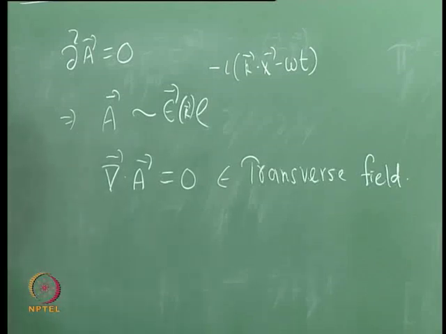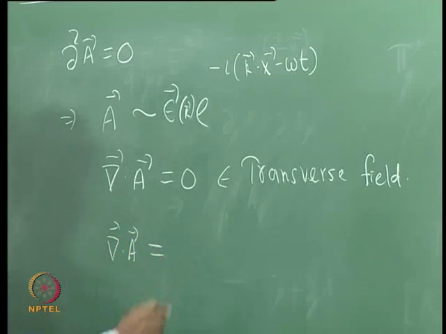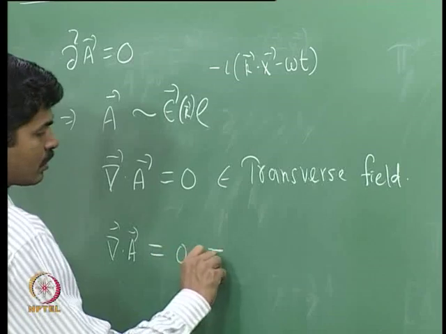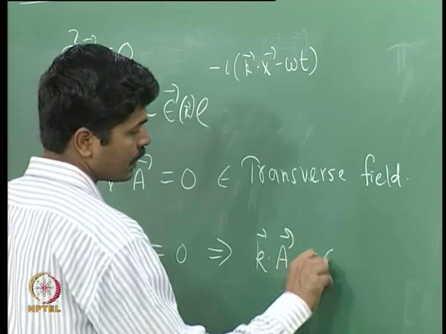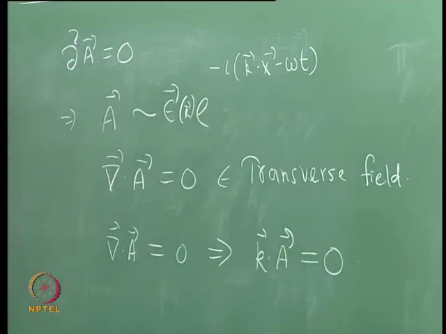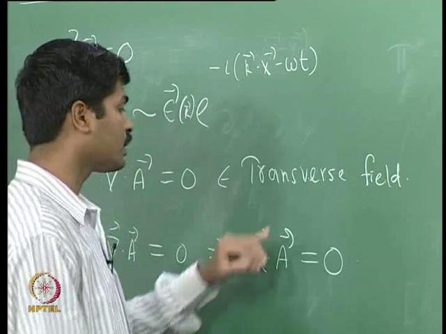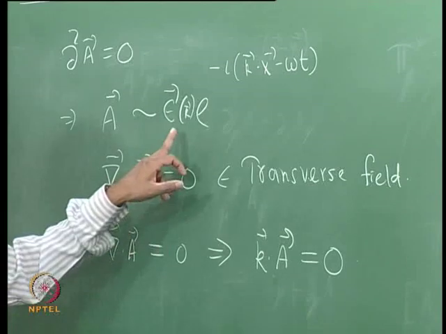Because del dot A is simply given by this, equal to 0, which simply means k dot A equal to 0. Therefore, the field is orthogonal to the wave vector. That is the reason you say that this is a transverse field. So, because the field is transverse,